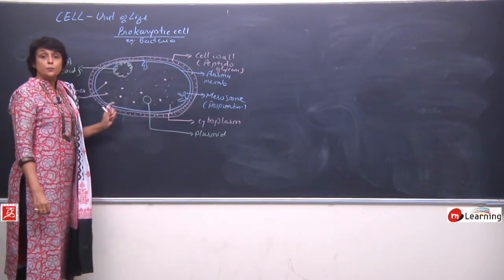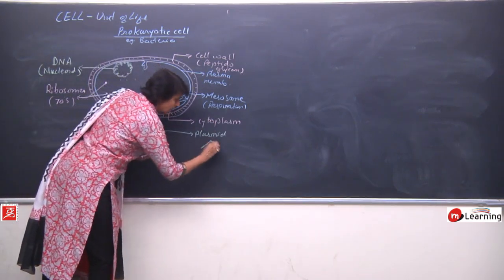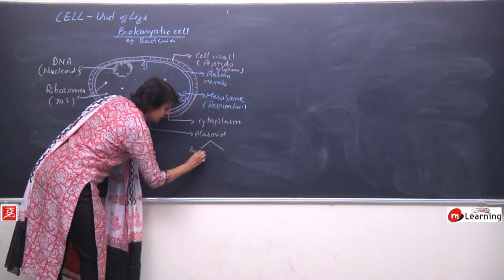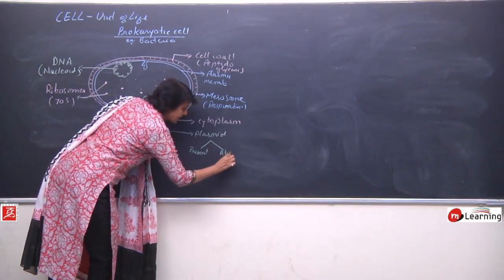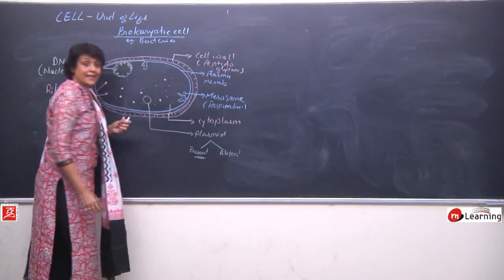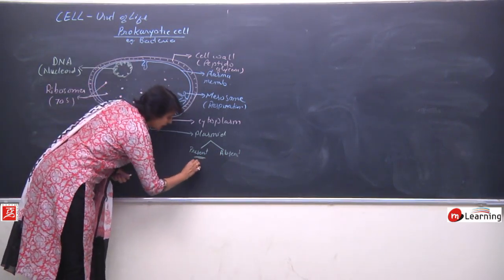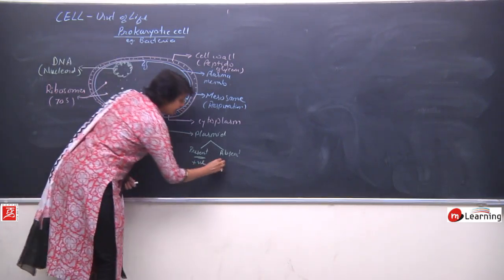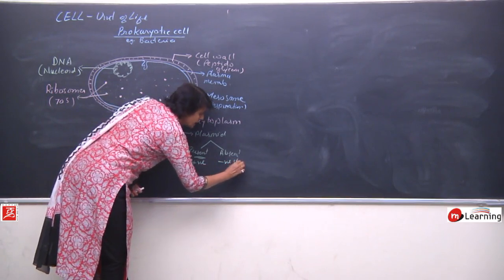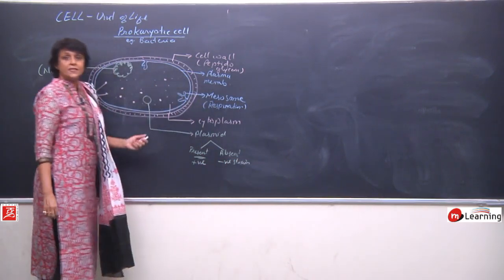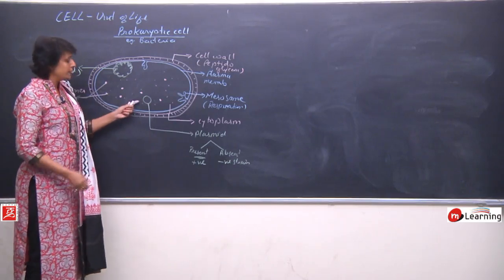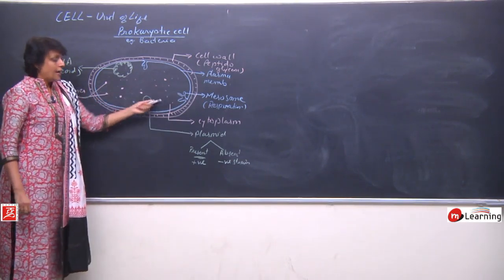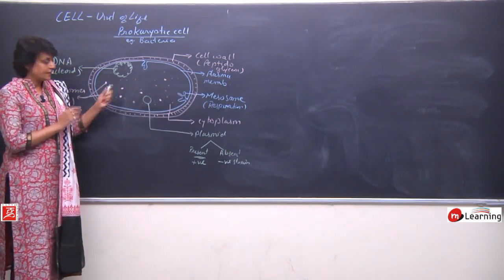If plasmid is present, so now here there are two possibilities. Either it is present or absent. If it is present, then we will consider that cell of the positive strain, and if plasmid is absent, then it will be considered as of negative strain. So basically this is just to let us know whether the bacterium is of positive strain or of negative strain. Other than this, there is nothing else inside the cell.